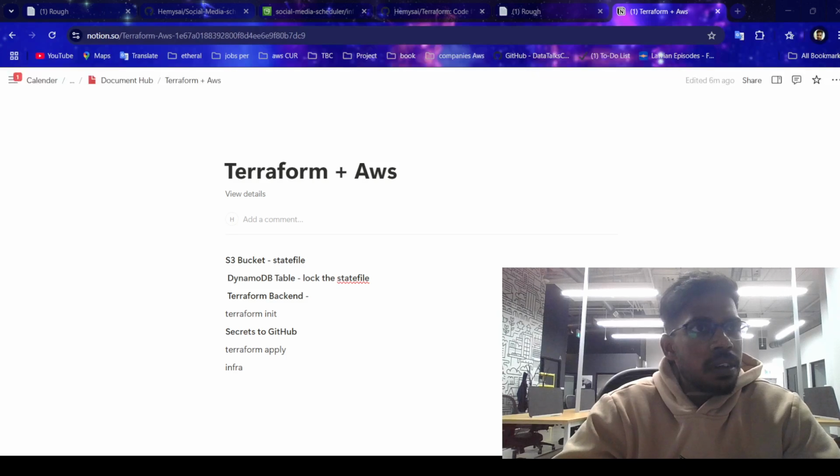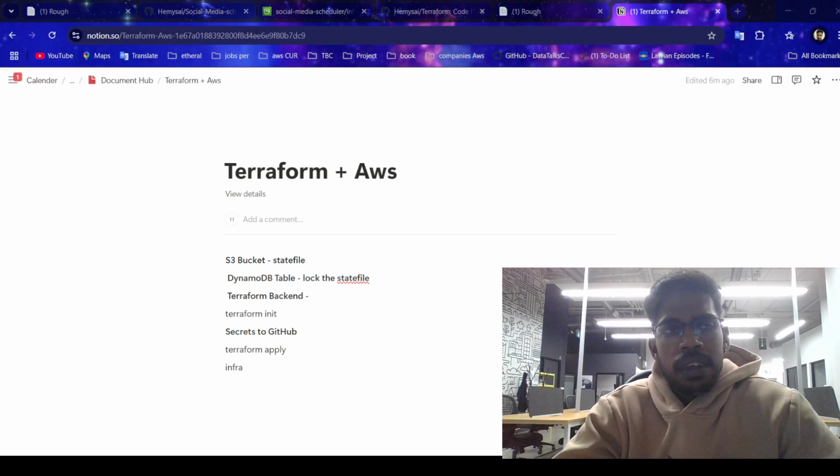GitHub Actions is free. Basically, you can do a pretty big project or any kind of personal project you have for free using this specific pipeline using AWS and GitHub Actions,